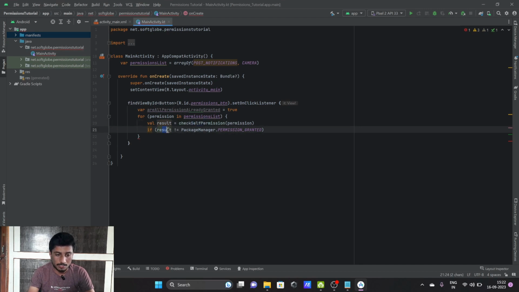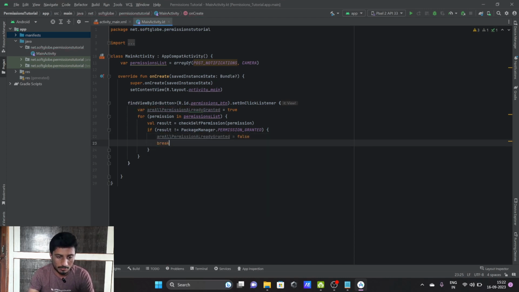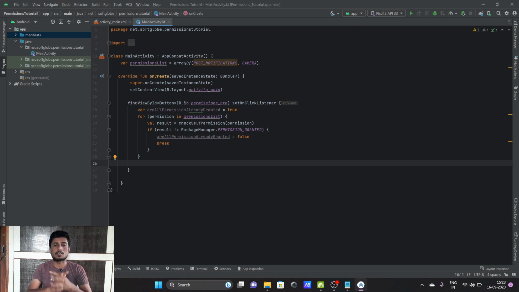So if the result does not match with permission granted, then we are setting allPermissionsAlreadyGranted as false, and we are breaking the loop. Else, if we have traversed the whole loop and we still have allPermissionsAlreadyGranted as true, then it means the user app has already all the permissions. So we can return as a